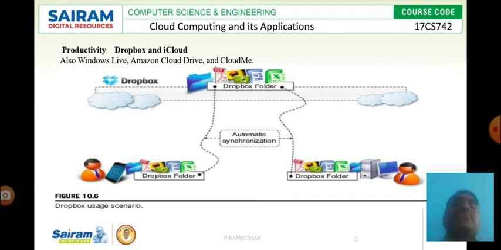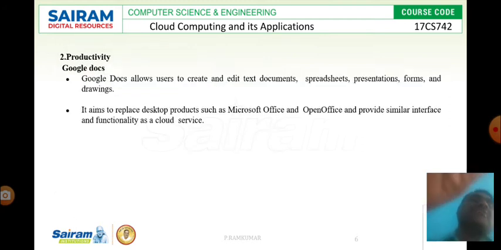And the next one is the Dropbox usage scenario. Whenever the user wants to host a certain application, platform or software, whatever it is, he has to maintain everything folder-wise. This is called a drop folder. The drop folder consists of a collection of software, applications and platforms, and all of these will be hosted on the cloud. Whenever the user wants to retrieve anything, based on the labeling, the user can retrieve it from the corresponding folder and have access over it.